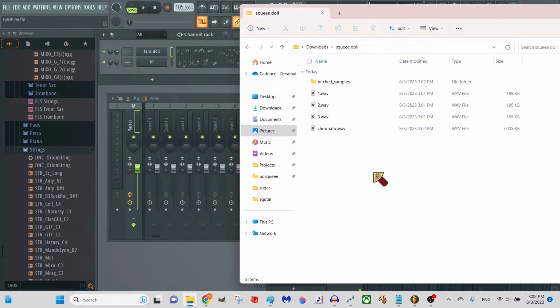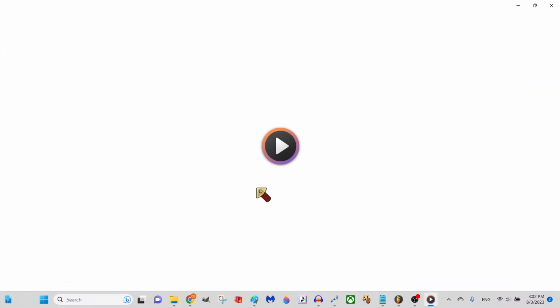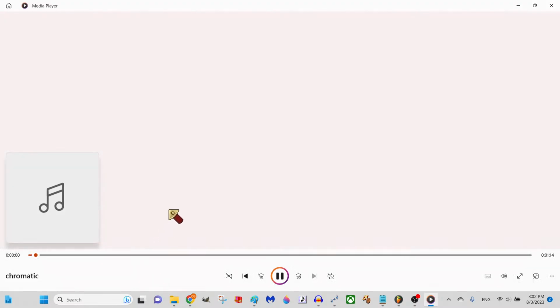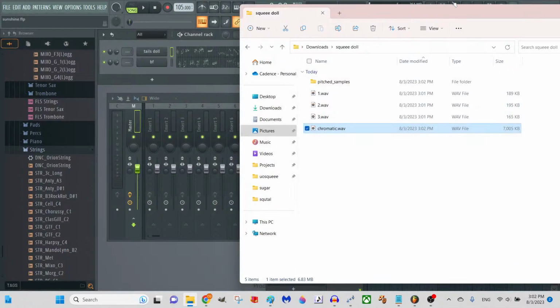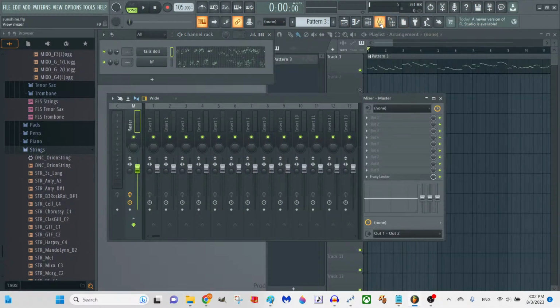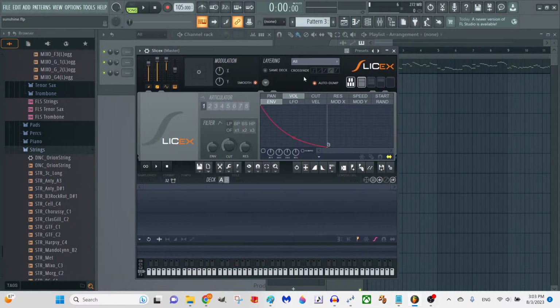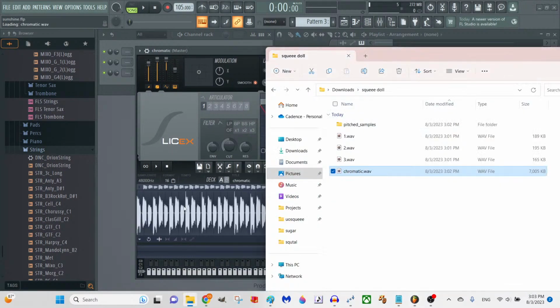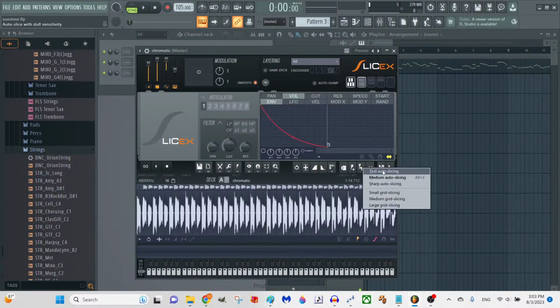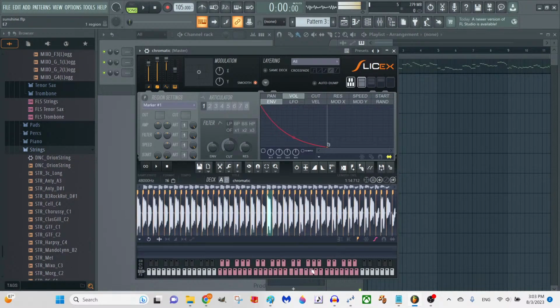Okay, so now we have to test the chromatic. So if there are little fragments of the original pitch, what I like to do is nothing, because I just realized that the thing I do doesn't work. Don't ask why. We're going to select slice X, chromatic.wav, dual auto slicing, and then